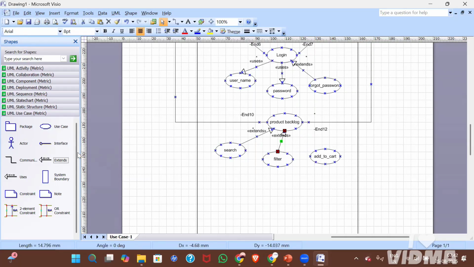If he sees it displayed there, then he will be clicking on that and purchasing. Or else, whatever offers he is having, he will directly go to the offers. So the not mandatory things are searching, filtering, and add to cart. That is the reason I am giving the extend for this relationship to the product backlog, and the next one will be the